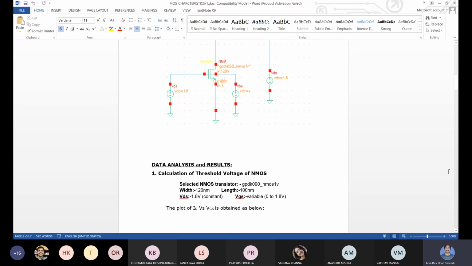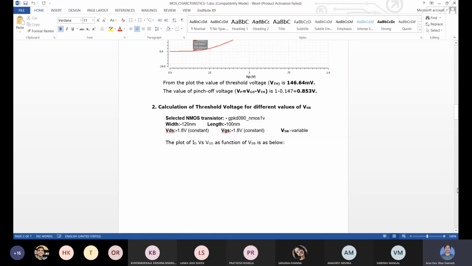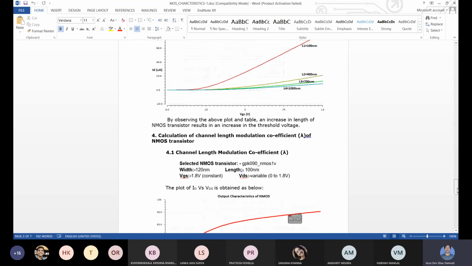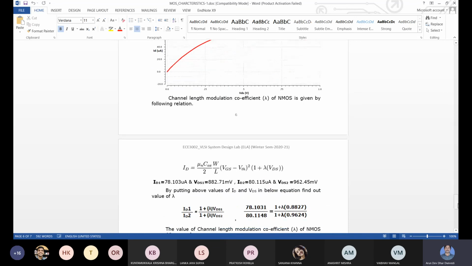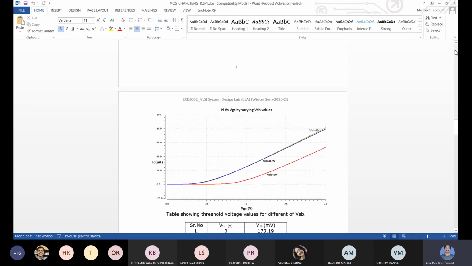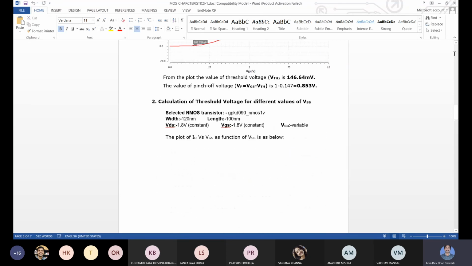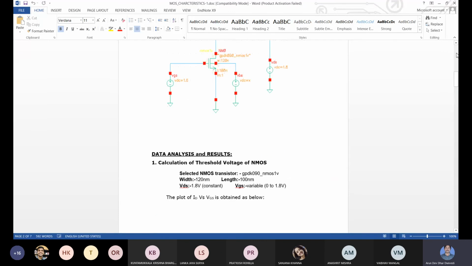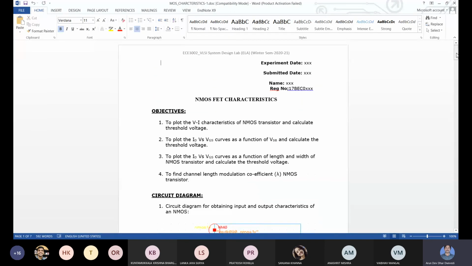That data is only for indication that you can do it this way. Whatever you are doing, you should write about your work instead of directly copying. You can see it as a format, but you should report your work: whatever 50 nanometer transistor you have taken, the results you get for threshold, for different values of L and W, or for others also.